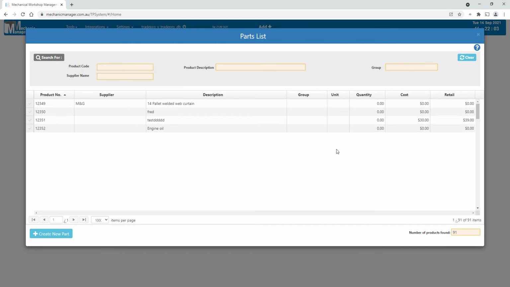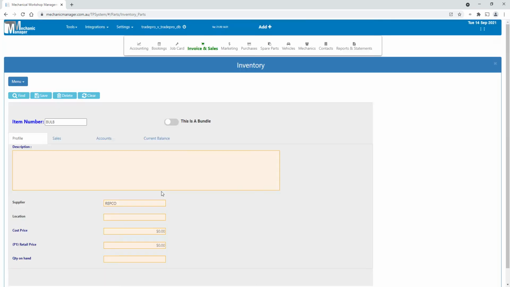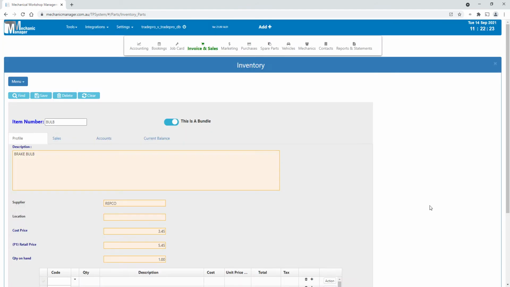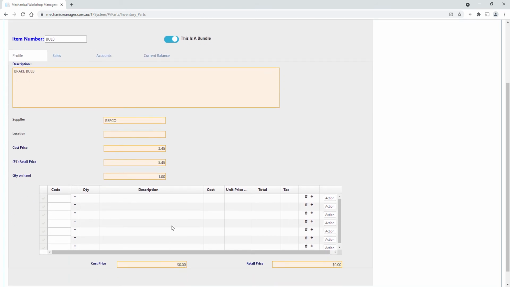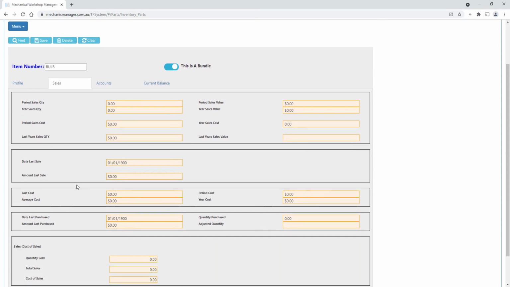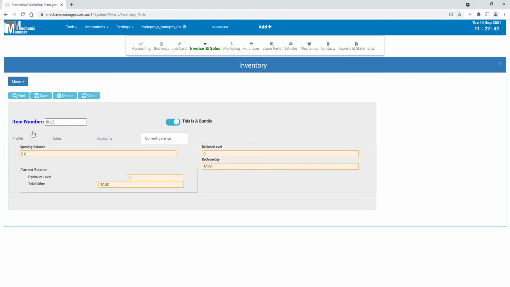You've also got parts, so spare parts. Let's clear that and get all the parts. There's some parts. So we select that one. You've got bundles, kits. So a part can have, if I click on that, that part there consists of a number of services and labour, and I can just sell that one part there. That's all your sales detail about the parts, the year, period sales, year-to-date sales, last sale, average, quantity sold, etc. Current balances,